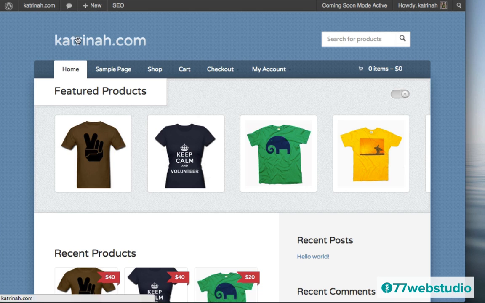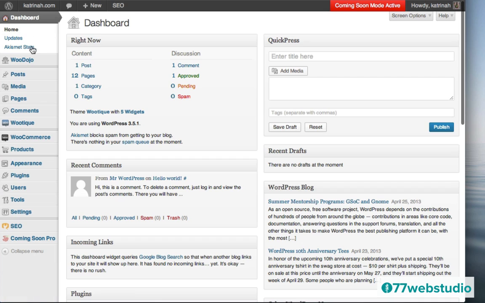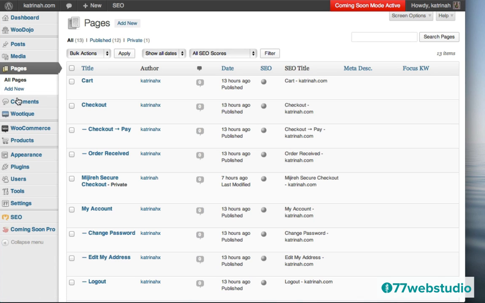page. So I'm going to go to the top here in the top left hand side. I'm going to hover over the site title, and once again I'll click on Dashboard. And this time I want to create a new page. So this time I'm going to click on Pages here in the sidebar to create a new page. And then I'm going to click on either Add New right here to add a new page, or you can click on Add New right here at the top. So I'm going to click on Add New at the top to add a new page.